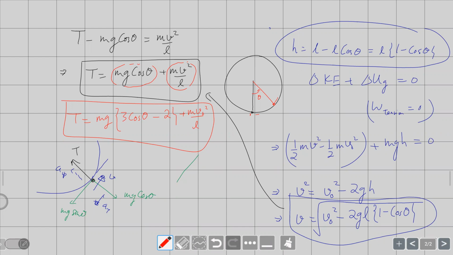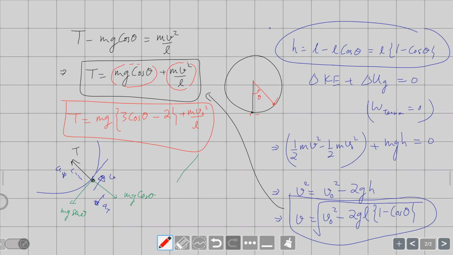So always remember, in vertical circular motion we have to use a combination of the free body diagram and work energy. Whether it is vertical circular motion of a particle falling on a spherical surface like we had seen last time, so what is the normal reaction there? It is perpendicular to V. So normal reaction doesn't do work. So then you have only mg, which is a conservative force. So mechanical energy is conserved, no friction.